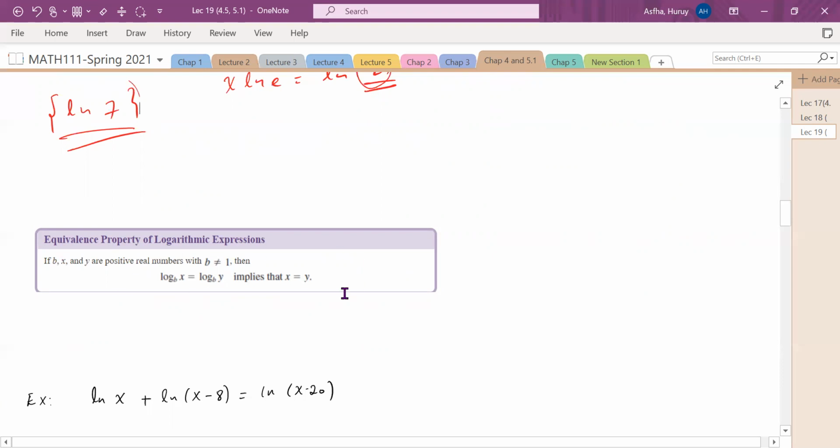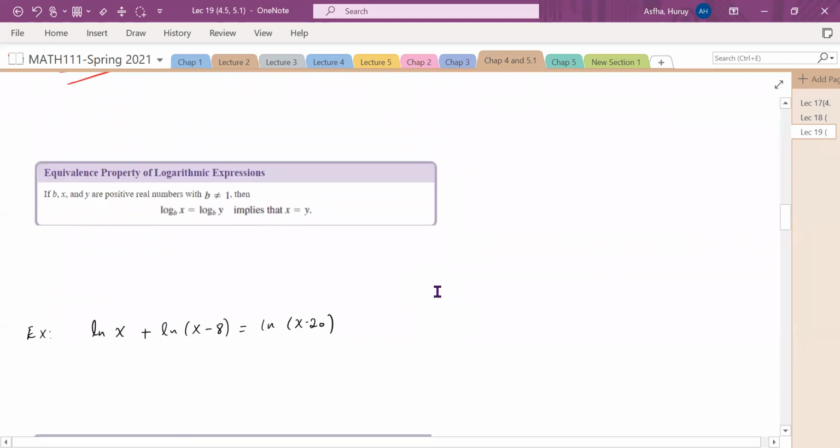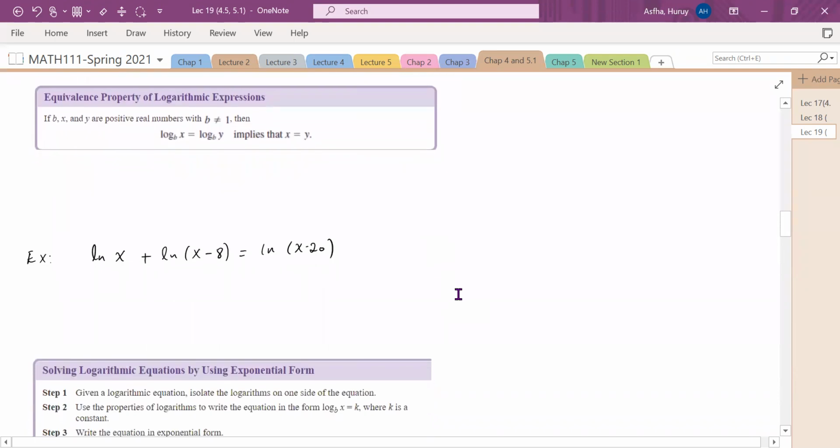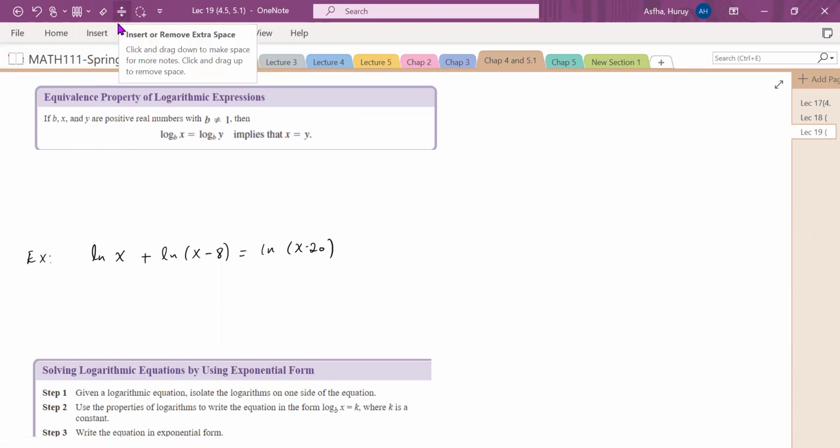And we can use this one as well to solve logarithmic equations. And of course, we know we can convert exponential to logarithm. Therefore, even for exponentials, we can sometimes use this to solve the exponential expression, because we may get something like this when we convert it. For example,